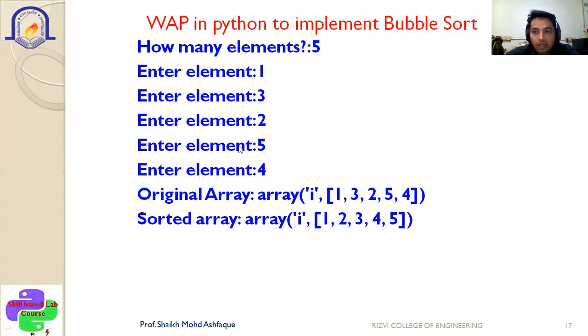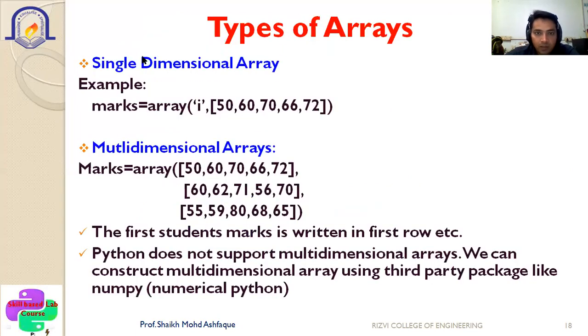So in this way, we can declare an empty array. We have understood how to declare an empty array and how to insert the data dynamically at the time of running from the user. Types of the array. Basically, here is your single dimensional array, or you can say one dimensional array, or you have the two dimensional array. One dimensional array we have studied now on all the slides: marks array, then type code, and then we are inserting the elements which are separated by the comma.